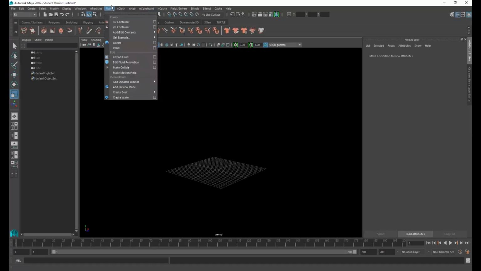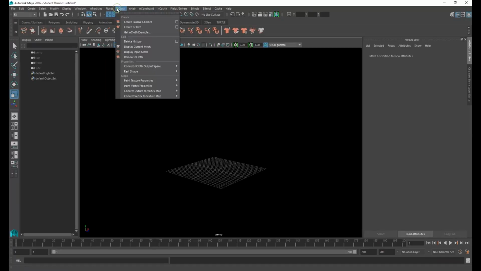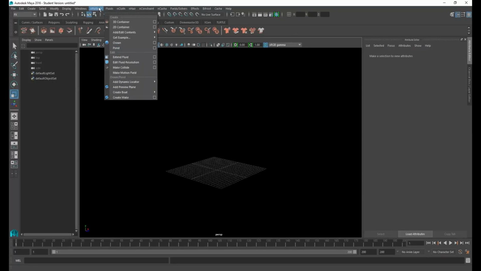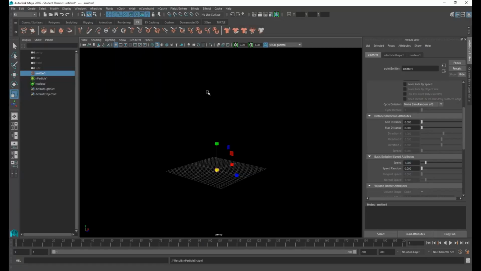That symbol ought to match the symbol here. So if you ever are curious whether any of these match up with certain ones in the menus, you can have that visual representation there to, I guess, just reinforce your memory. So we'll create that emitter. And when we create an emitter, you're going to see 3 separate objects pop up in